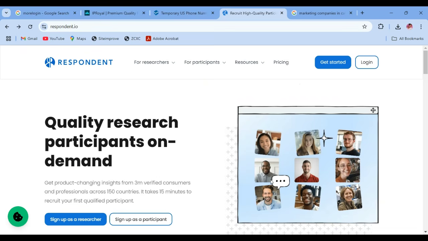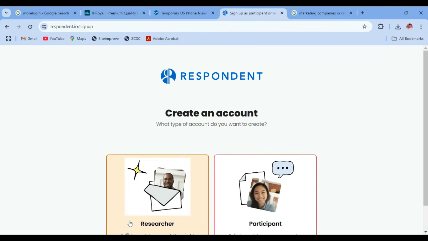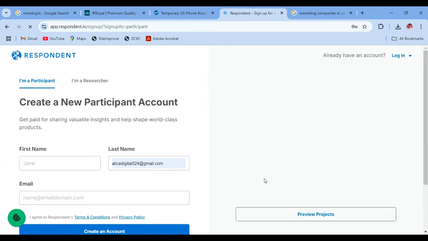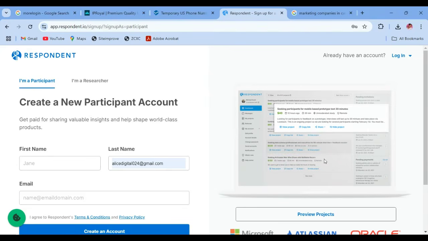So now to apply to become a participant at Respondent, you'll just go to Google and type Respondent IO. Come here and sign up as a participant. Do not sign up as a researcher. Researchers are the people paying for participants to answer their questions. So you are not paying, you are supposed to be paid. So just participate